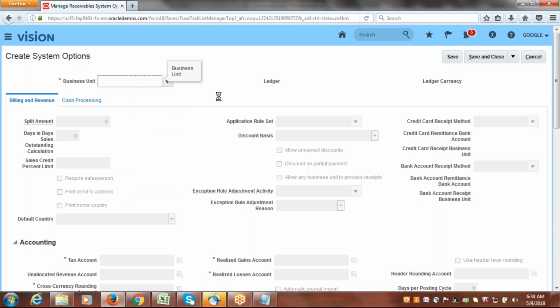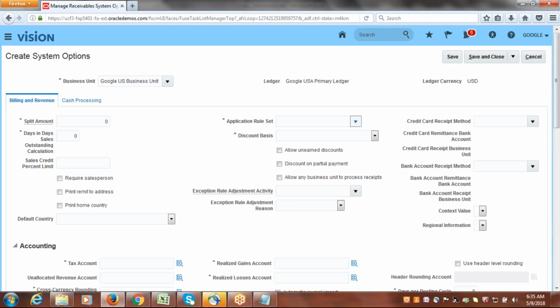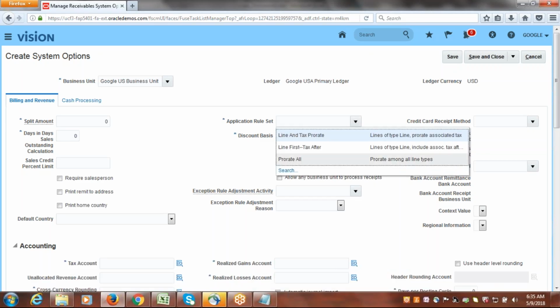So our BU name is Google US Business Unit, and set the default parameters which you could see here as a part of system options. Split amount and all are not required. Just set the application rule set. You can select any one of the values here, say Prorate All,